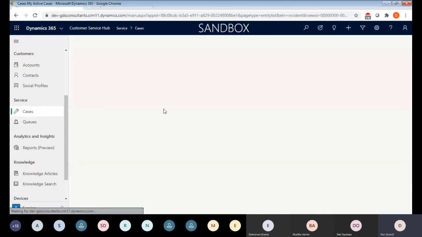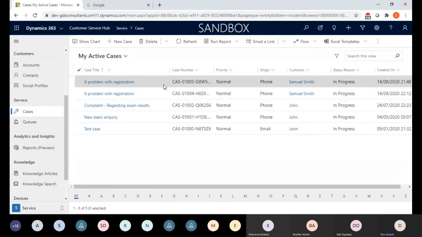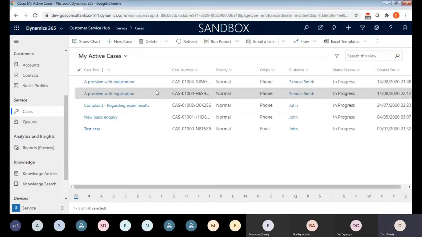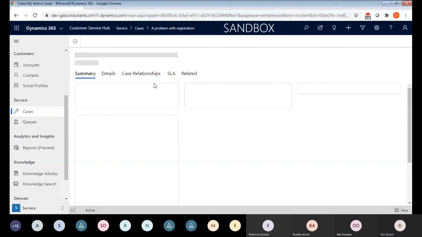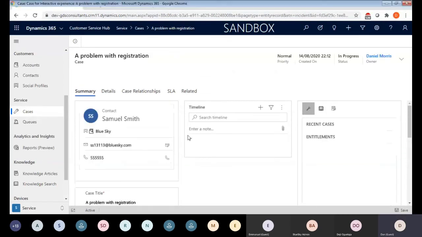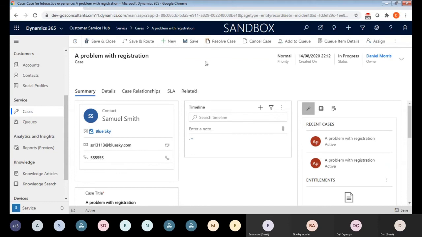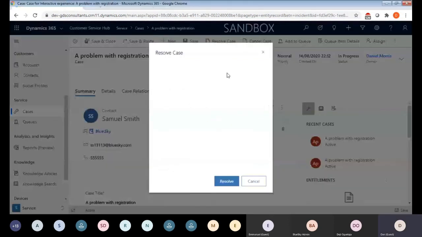If I go back to cases, open this particular case, and then try and resolve the case,